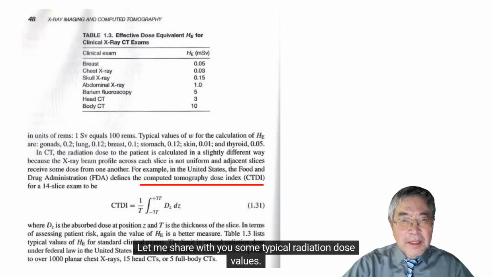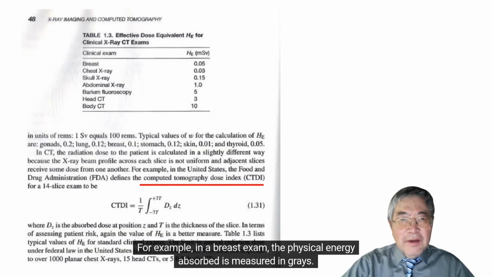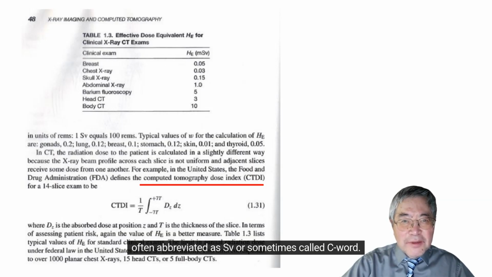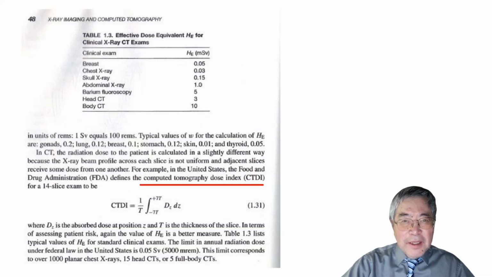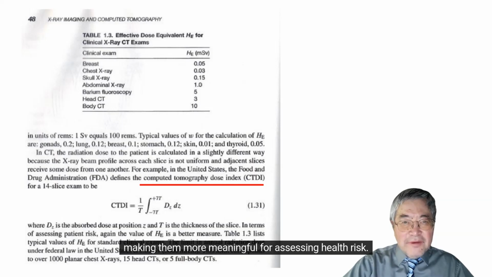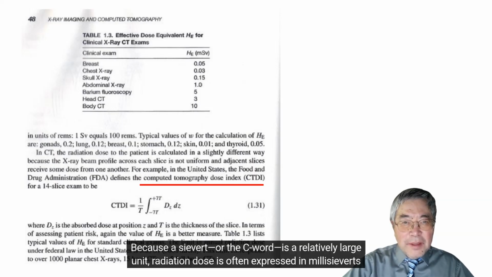Let me share with you some typical radiation dose values. For example, in a breast exam, the physical energy absorbed is measured in grays. But when you take biological sensitivity into account and use standard formulas, the unit becomes the sievert, often abbreviated as Sv. To clarify, grays measure the pure physical energy deposited, while sieverts factor in biological effects, making them more meaningful for assessing health risk. Because a sievert is a relatively large unit, radiation dose is often expressed in